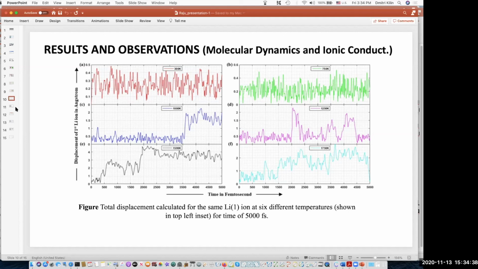At 1500 Kelvin, it jumps around 600 femtoseconds. And at 1750 Kelvin, it jumps around 1000 femtoseconds. So, why with the increase